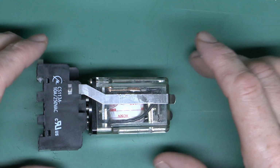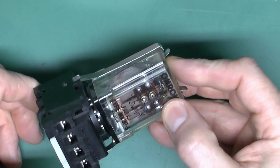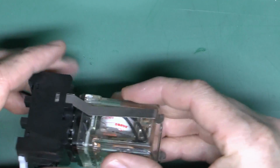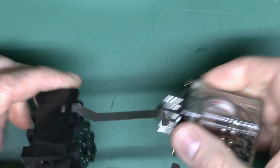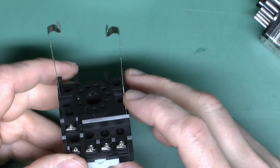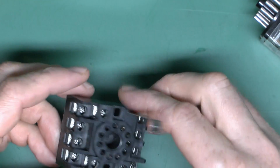Now let's have a look at some real contactors and relays. What we've got here is a fairly typical relay, and it fits into this base. Again, this is a fairly standard sort of arrangement. So just remove these clips here, and then we'll see that the relay itself can just be pulled out of the base here. This is just simply a mounting plate, so we've got the various holes here, 2 clips to keep it in position, and we've made the connections to the various parts of the relay via the screw terminals